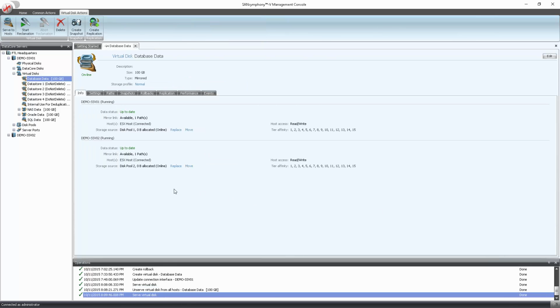The next screen presents settings for changing the default target mapping values. You can be explicit with which target ports are used for mapping. If left to the default, SANsymphony-V will choose the best options for the virtual disk. When completed, click Finish. The virtual disk is now mapped to the host server.